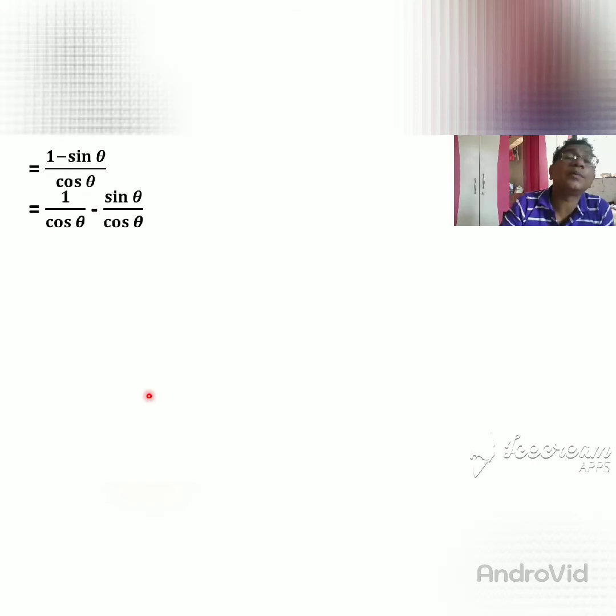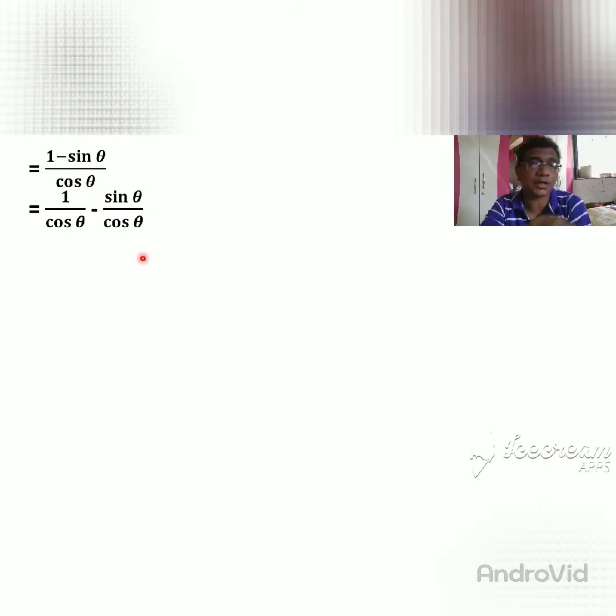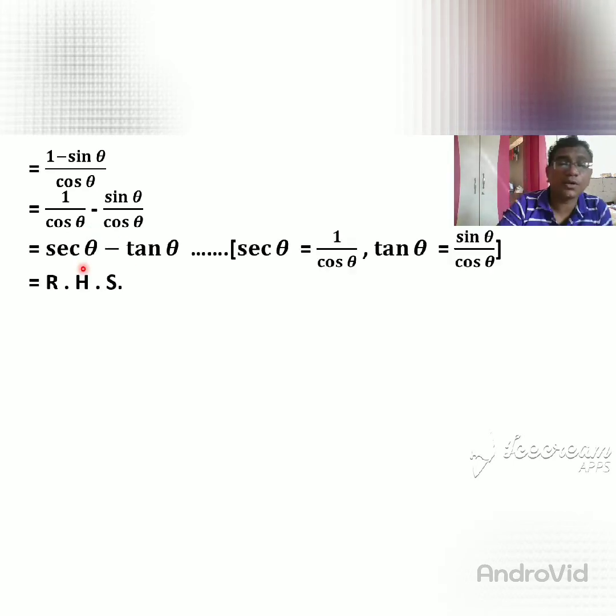So that you want to solve here. So here, taking the square root, 1 minus sin theta divided by cos theta. First 1 upon cos theta, so I write here 1 upon cos theta. The middle term sign is minus, so I give here minus sin theta upon cos theta. So 1 upon cos theta means what do you get? Sec theta. Then the middle term sign minus remains as it is.